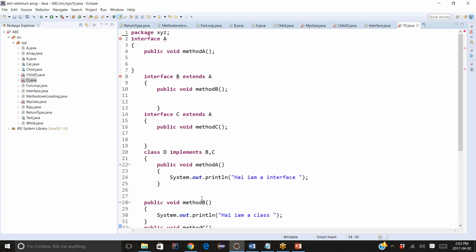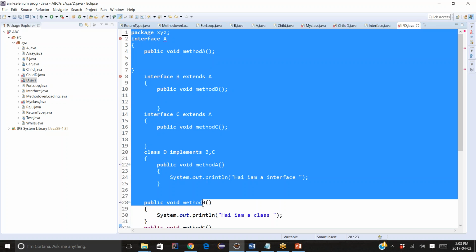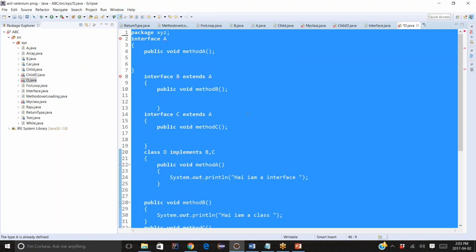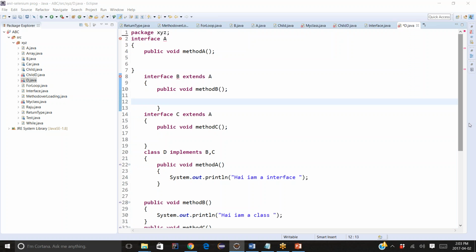So I think you understand the interface concept. I will again repeat this interface concept next week. We will understand more about the interface concept next week. Right now, okay, so